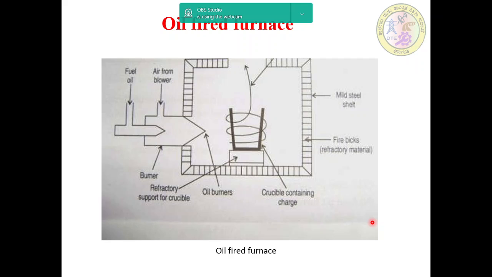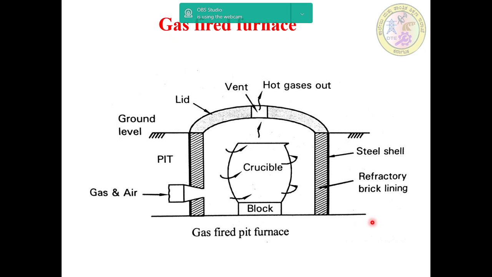Next we'll go for the gas-fired furnace. Here, this is the outermost shell, and then this is the refractory lining, and then this is the pedestal block. Above that you have to place the crucible, and then a vent hole is provided for the hot gases to go out, and the center portion is nothing but a lid, that is the closing of this furnace,